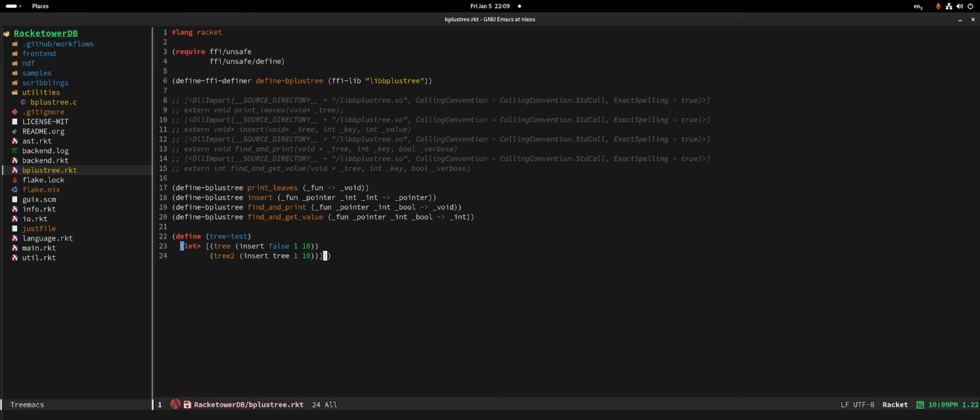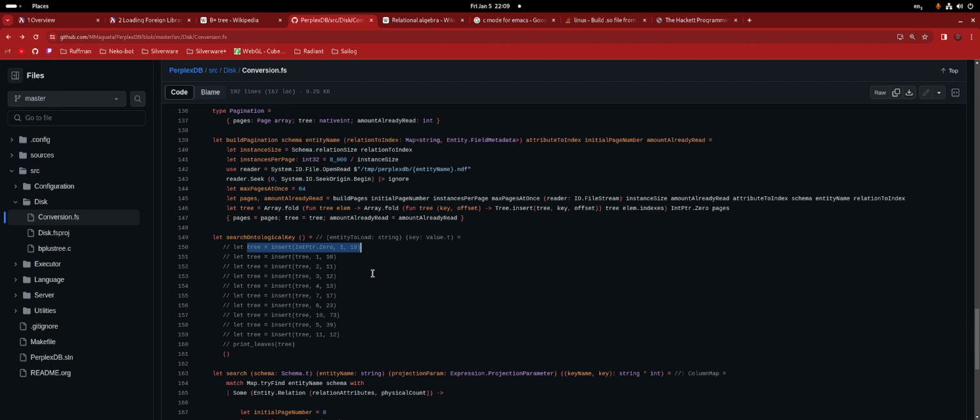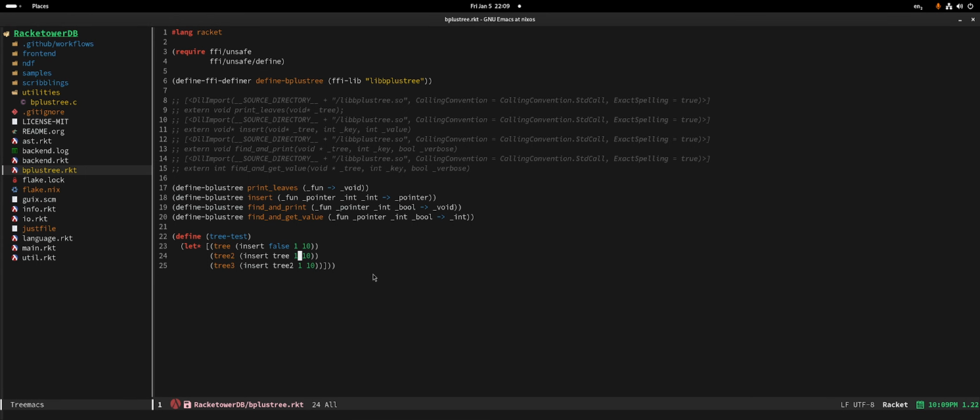And I don't want to be very long, so we can just do something like 3, 3, passing 2, and which values do we want to put? 2, 11, 3, 12. Okay, after that, we're gonna call print leaves, and we're gonna pass 3, 3, I believe. Yes, that should be kind of it.